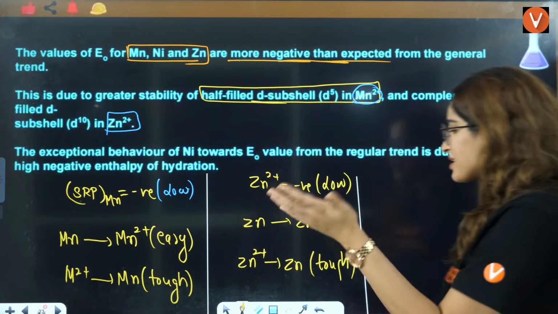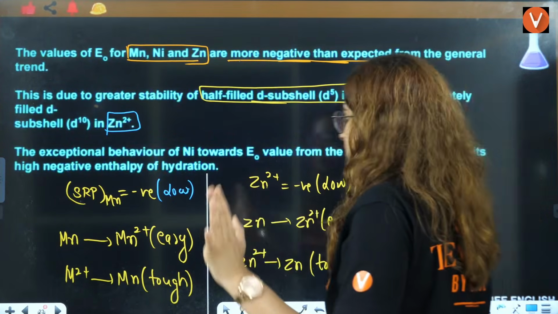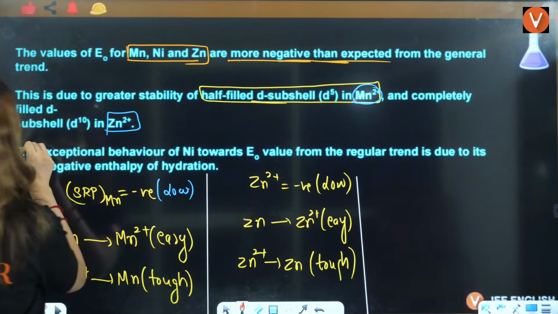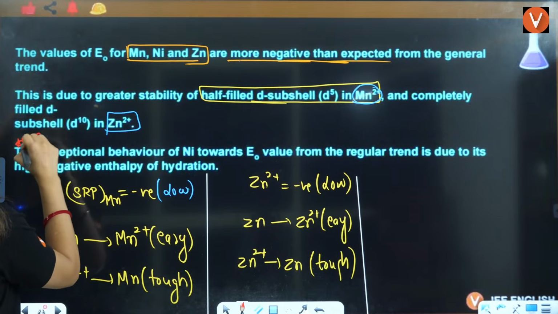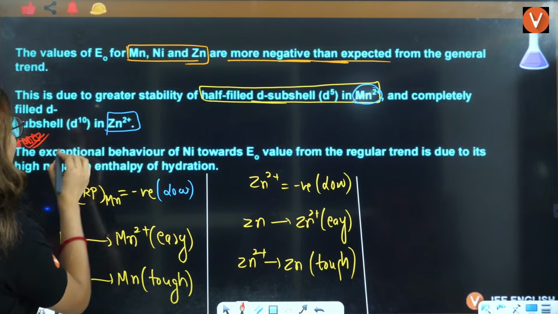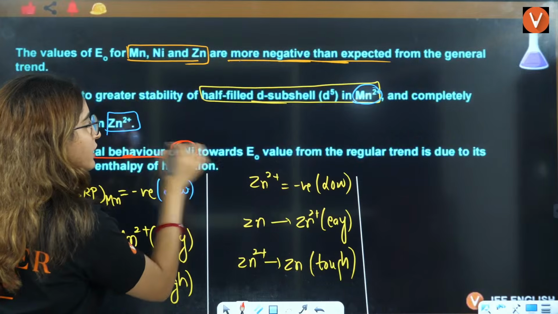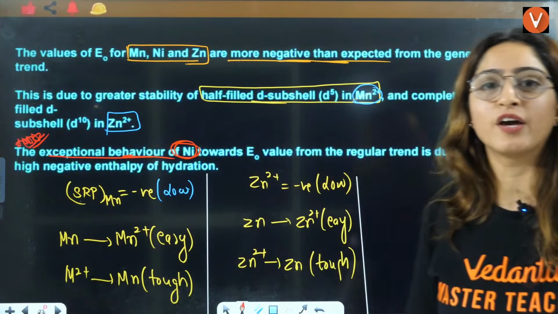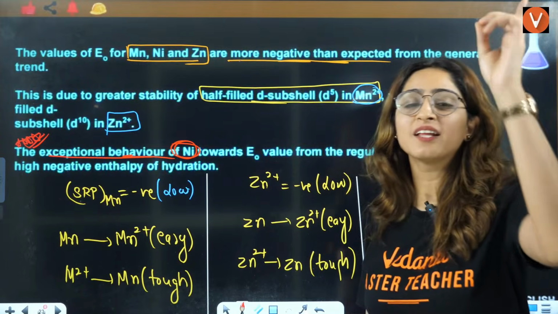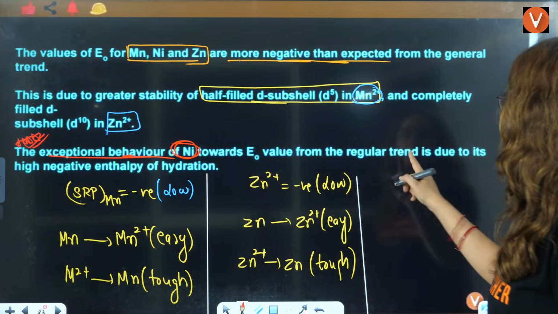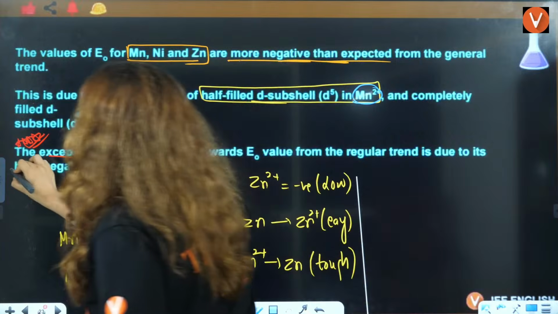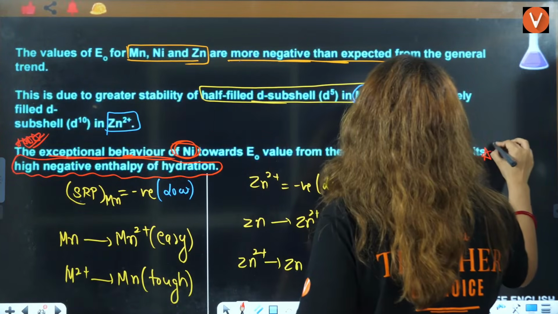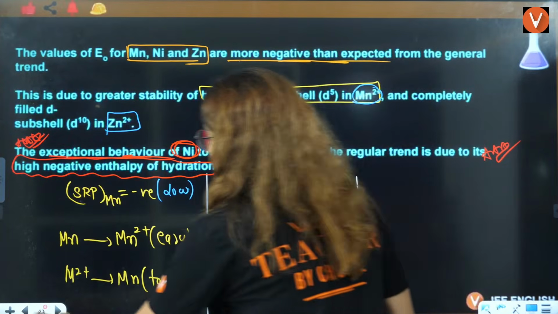Now, the question is especially for manganese, especially for nickel. This is very, very important. Most important is nickel. See, for manganese and zinc, it was still predictable. But exceptional behavior of nickel towards E0. Why is nickel showing this exceptional behavior? Because the hydration enthalpy is very high, right? It deviates from the regular trends due to its high negative enthalpy of hydration. This is a very, very important